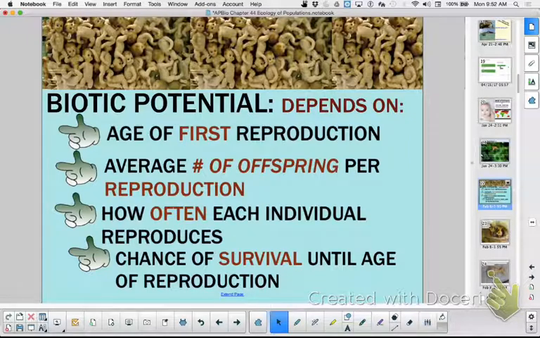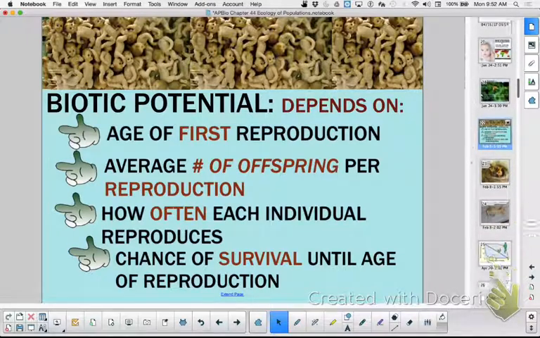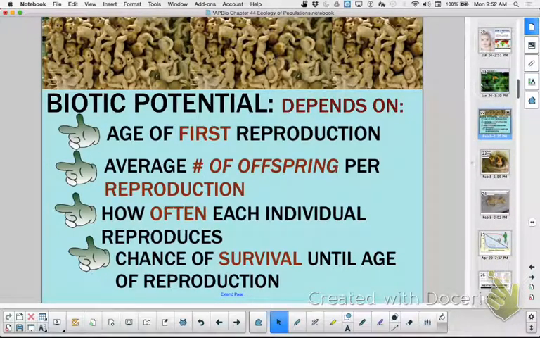That is your biotic potential. Did you fill in your notes? It's A, B, C, D. All right, and then when you look at this biotic potential, this first one, chance of survival until age of